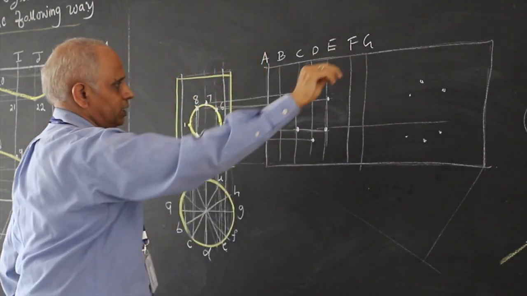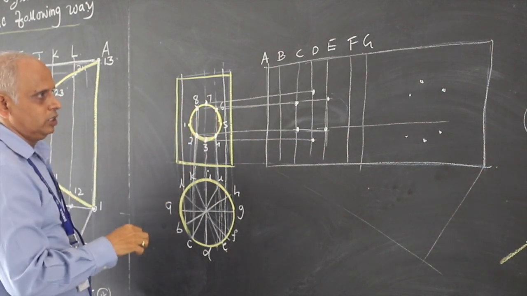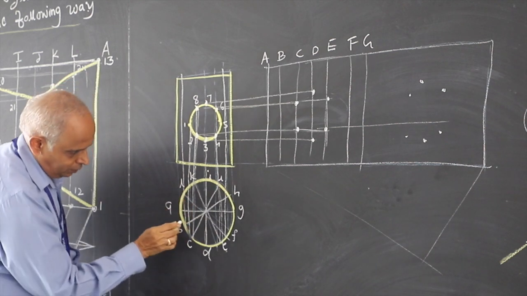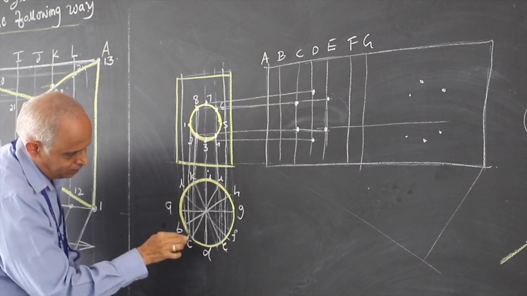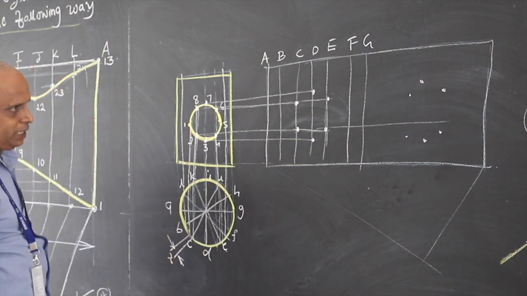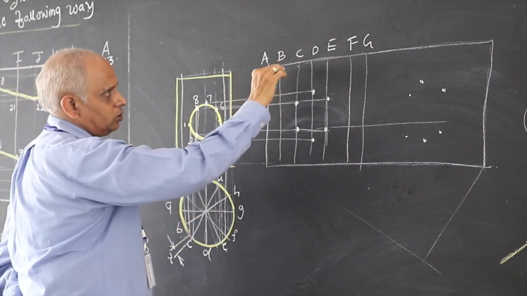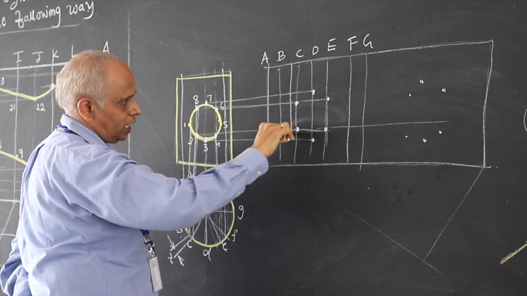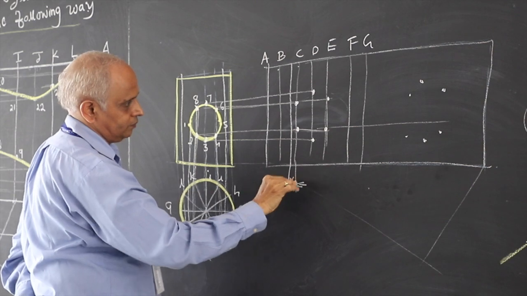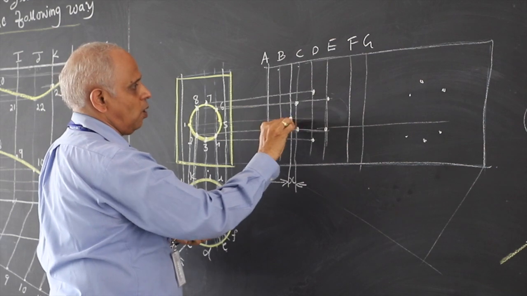Okay, I'm not doing this part. The extra thing is how to locate 1 and 5. So to locate 1, you project it down. It is between generators B and C with some distance here. You measure this distance. Suppose I call this X, between B and C, nearer to C. So I'll introduce another generator here. Remember, this distance should be X. So that way when you project it here, I'm going to get this point.